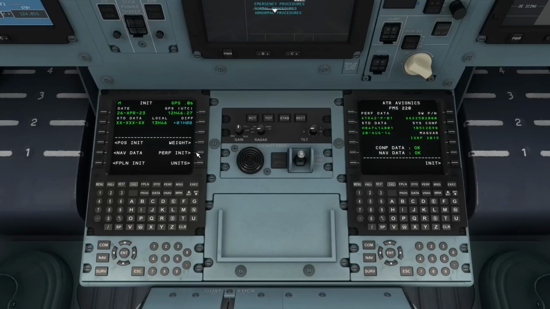So if we go to Flight Plan Initialization, go to Route, we're going to go from EGSS, which is the ICAO code for Stansted, to EGSS. So we're matching the format of the field in what we type. Then we press it in the soft key and it fills it in for us, and we can execute that